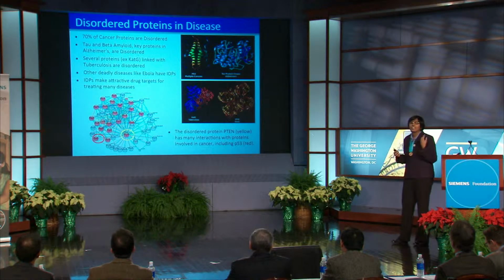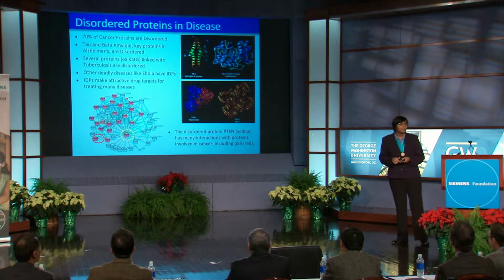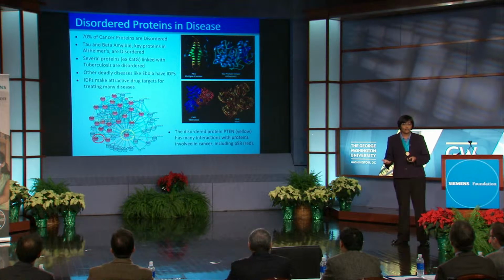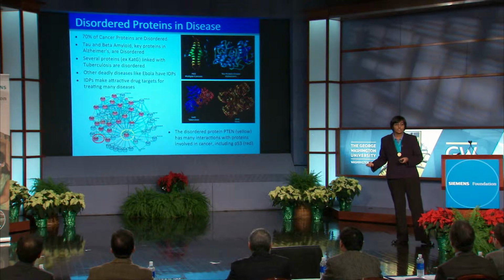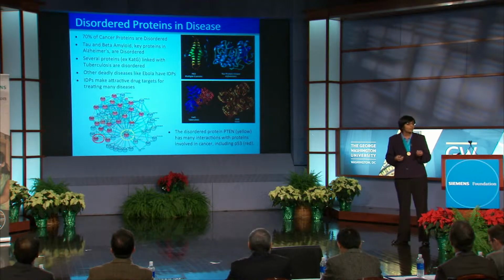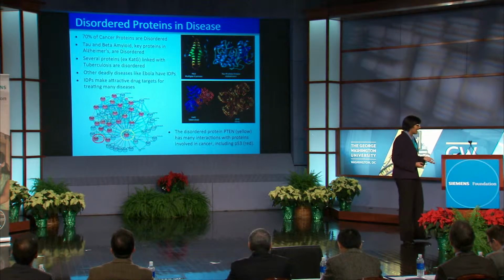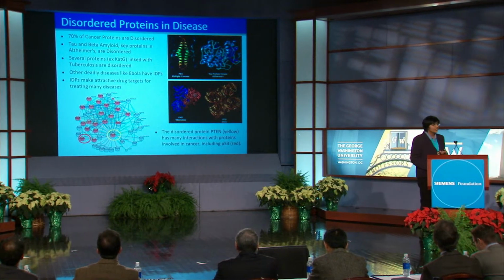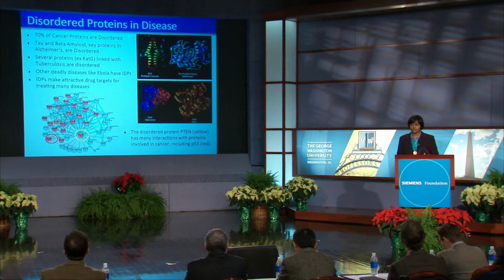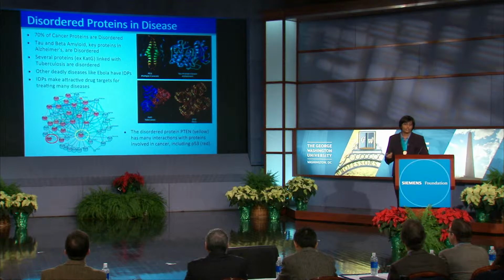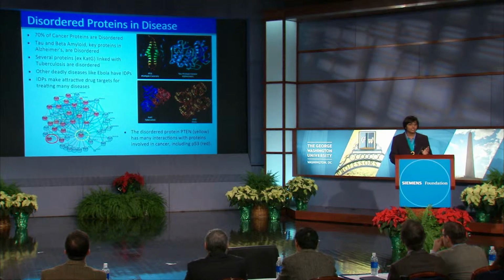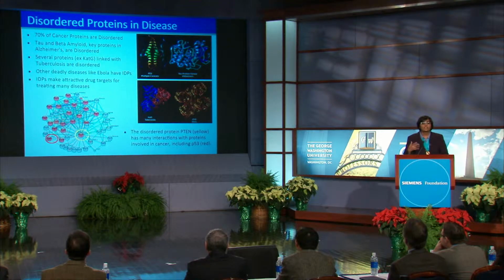These proteins play a key role in disease. 70% of all cancer proteins are disordered, and there were 1.6 million new cases of cancer in 2013 alone. Key proteins in Alzheimer's, tau and beta amyloid, are disordered, and proteins linked with tuberculosis, like CAT-G, which you can see in this photo here, are also disordered. 5 out of 7 proteins in Ebola are disordered, like VP40 over here,